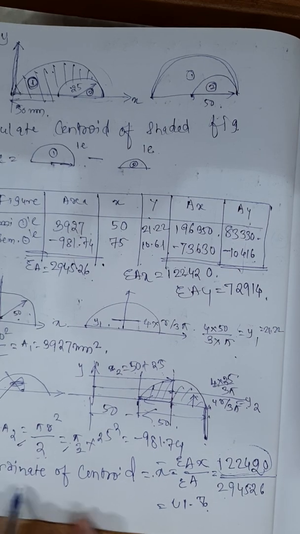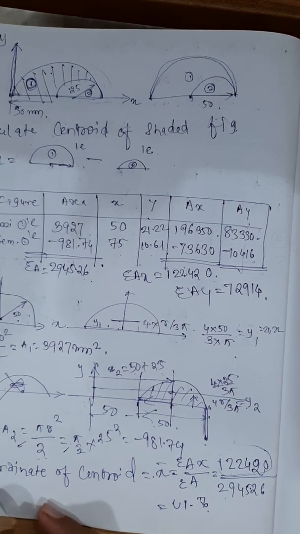Like that, you can get the y coordinate of the center of gravity as y bar is equal to summation